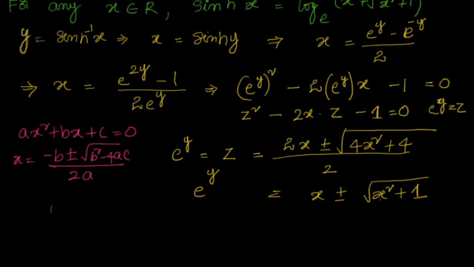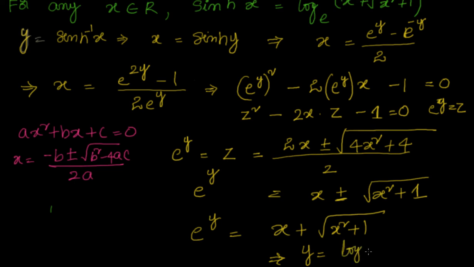That will give me y equal to, it's logarithmic, if I apply log on that, y log e equal to log e of x plus square root of x square plus 1, since log e is 1. So this becomes y equal to log e of x plus square root of x square plus 1. But what is y? y is nothing but equal to sinh inverse of x. That is how we can do that. That is one way of doing it. We will look at another way now.